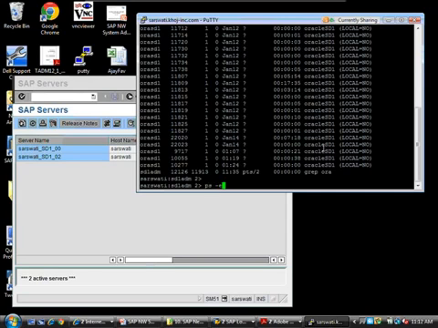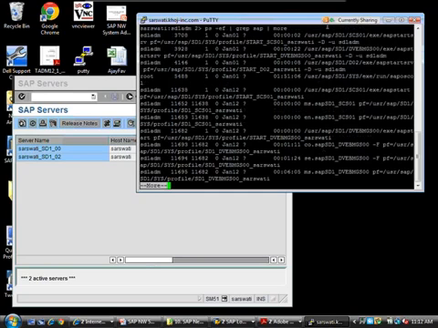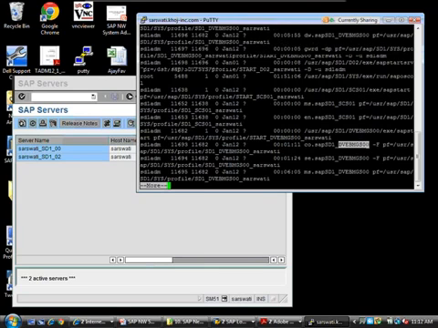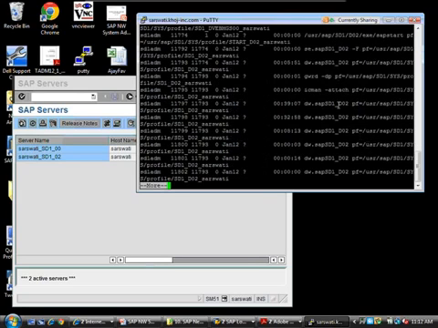Similarly, I can do ps -ef, grep SAP. This is all SAP running. This is the central instance 00, and this is the dialog instance D02. So I showed you 00, and I'm showing you D02 as well.